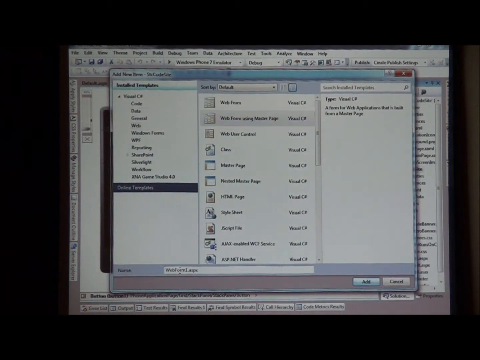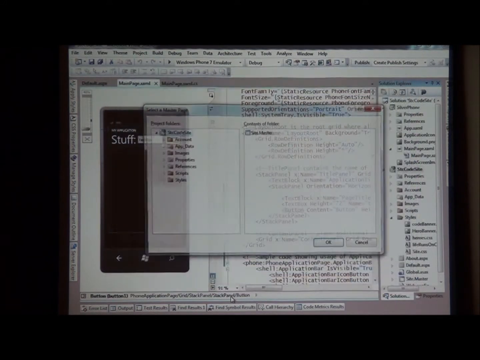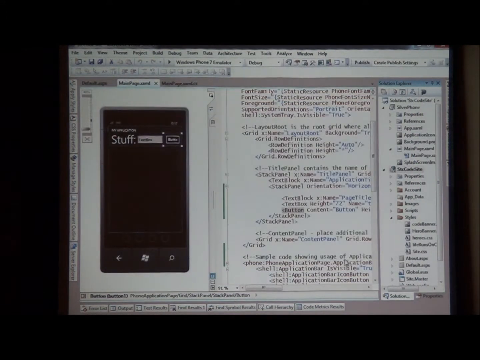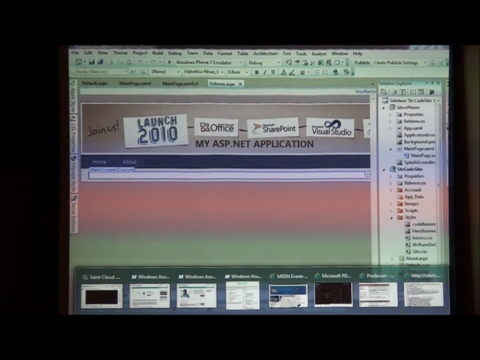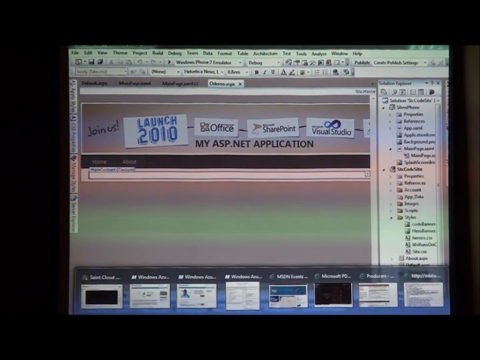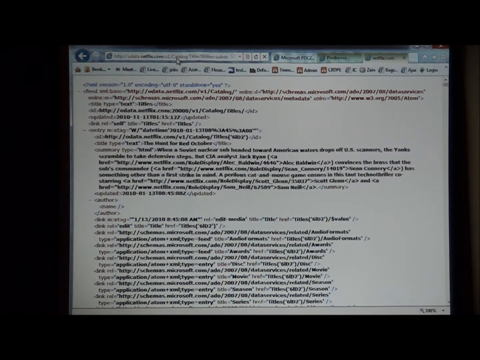We're going to call this our OData demo, O-demo. How's that sound? And we're going to use the master page. And the data endpoint I'm going to use is, I'm not going to use the Netflix at first. Netflix is kind of cool, but I also have